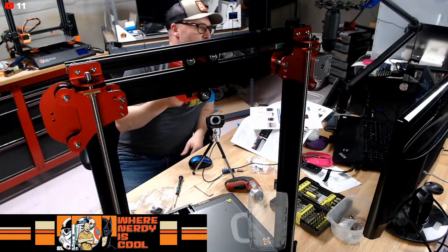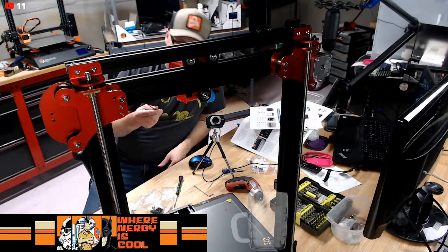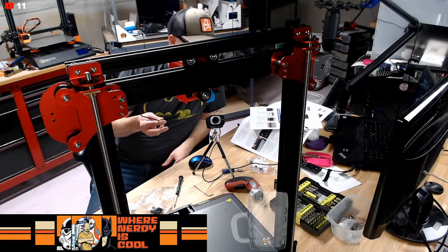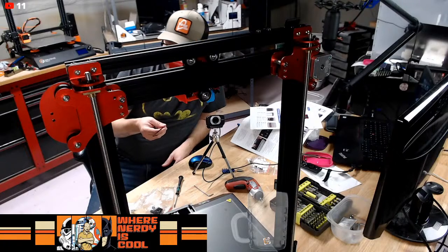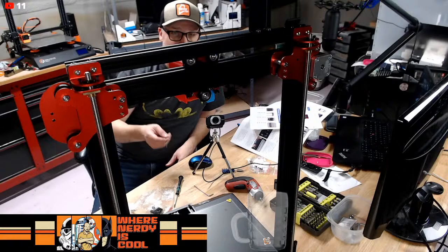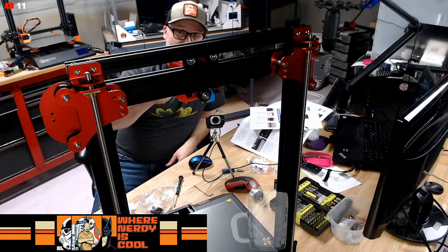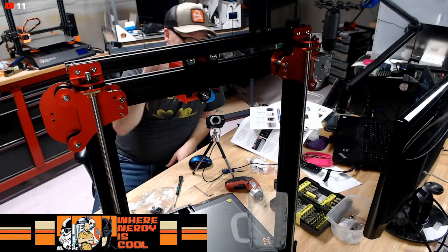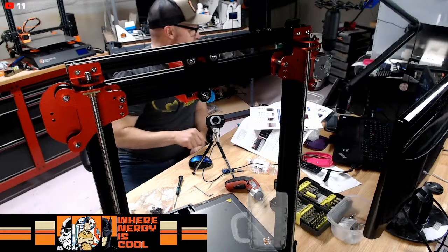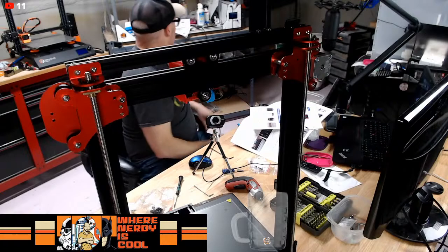So what's happened is the lower wheel on that is way loose. If you loosen it at all, or if you try to tighten up, the eccentric nut goes right against the carriage. It doesn't have enough turns to make it tighter. So, what's the best way to fix that? Well,